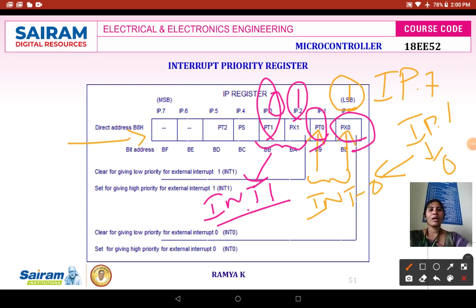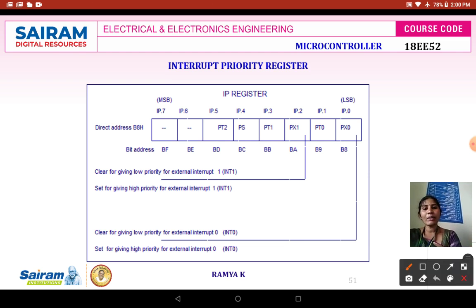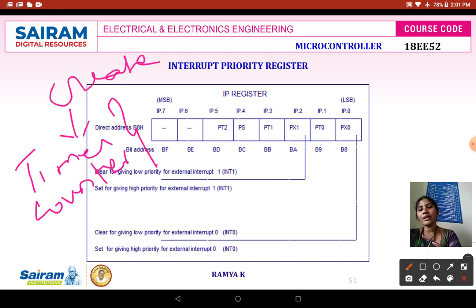Next, as a general point, I want to tell you the difference between timing and counting. I want to discuss what is meant by a timer and what is meant by a counter. A timer will create a time delay, whereas a counter will count the number of clock pulses. This is the main difference between your timer and counter.